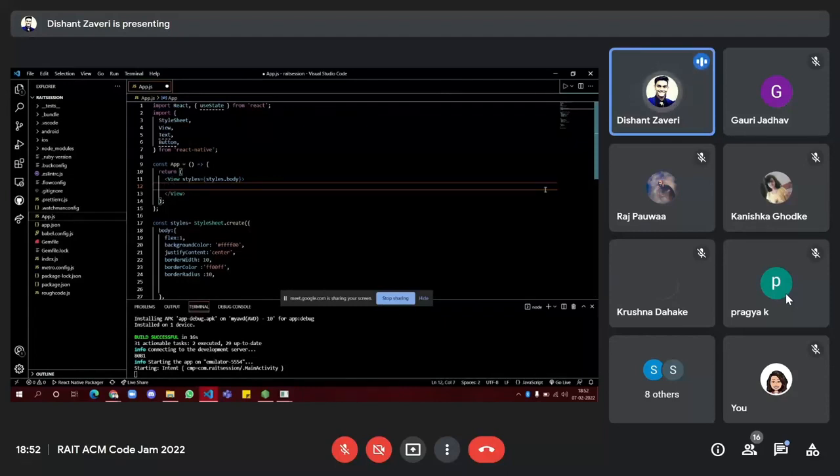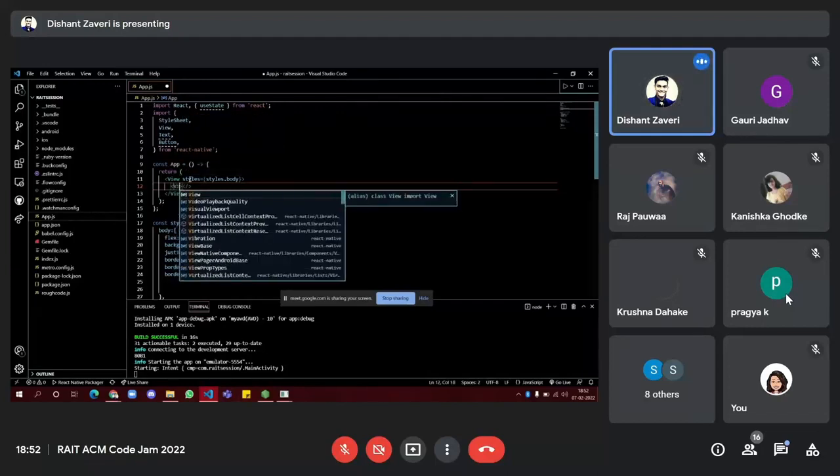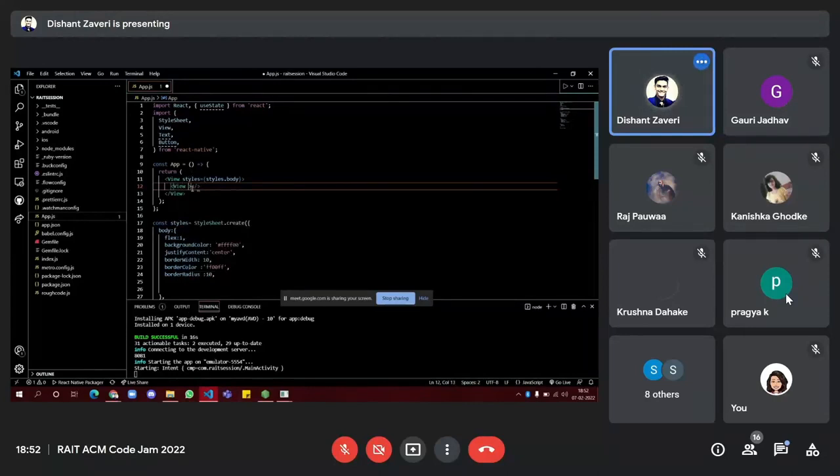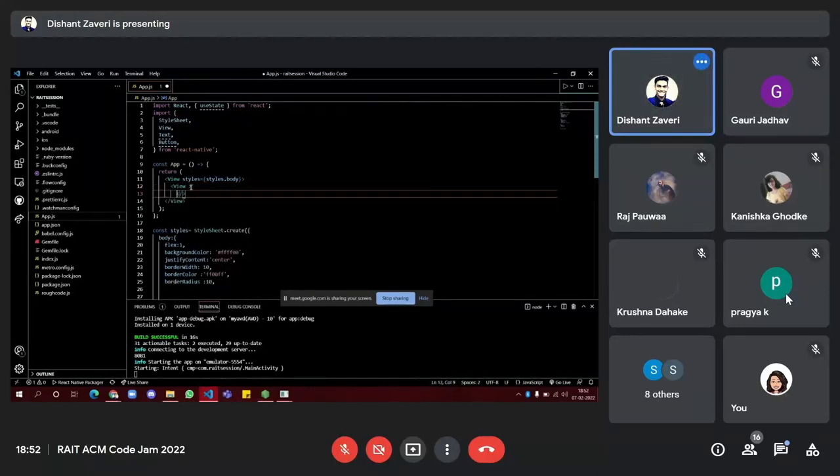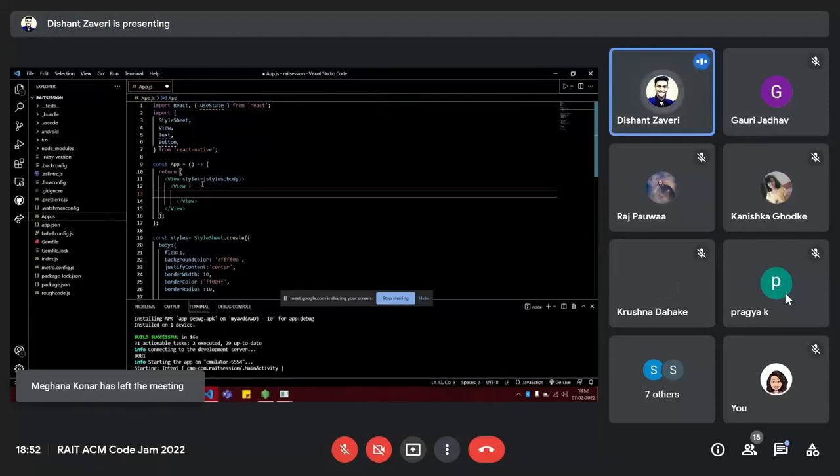You can return only one view. So you have to build one more view and then use it and close it later. So you can close it now only. Okay, so now I created a view and now we can write a text field in a view. So take a text